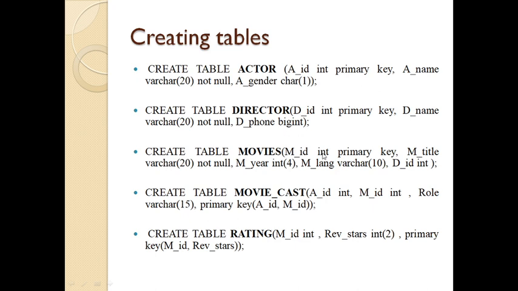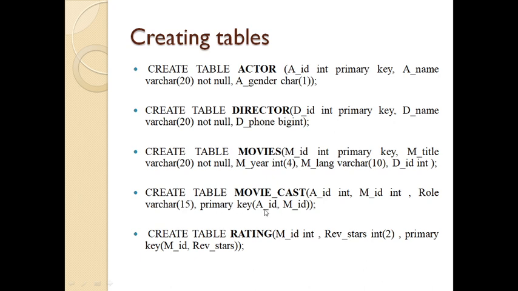Then movies: movie ID is the primary key, title is a varchar type, year I'll take as integer, language varchar and director ID as integer type. Then movie cast has actor ID, movie ID and role.